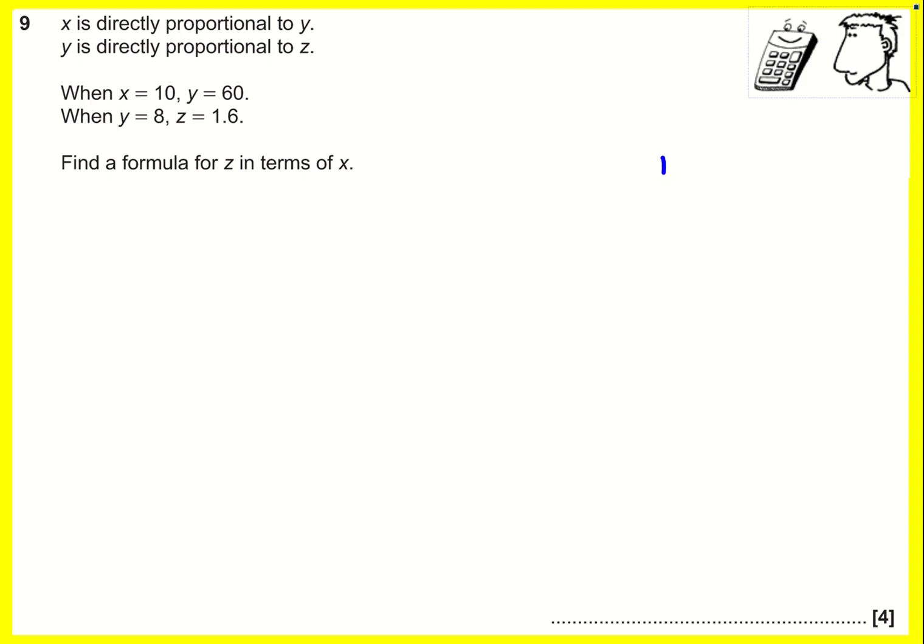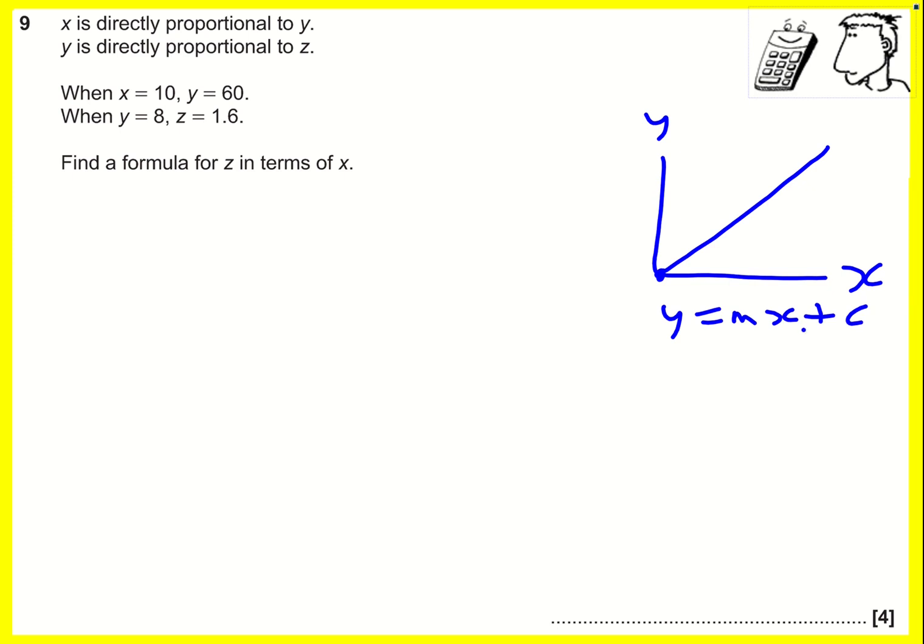And two things are in direct proportion. If I was to plot them on a graph, and let's say y and x are in direct proportion, then I'd get a straight line, a constant gradient, and it would go through the origin. So that means when you take y is equal to mx plus c, you've got c is equal to 0,